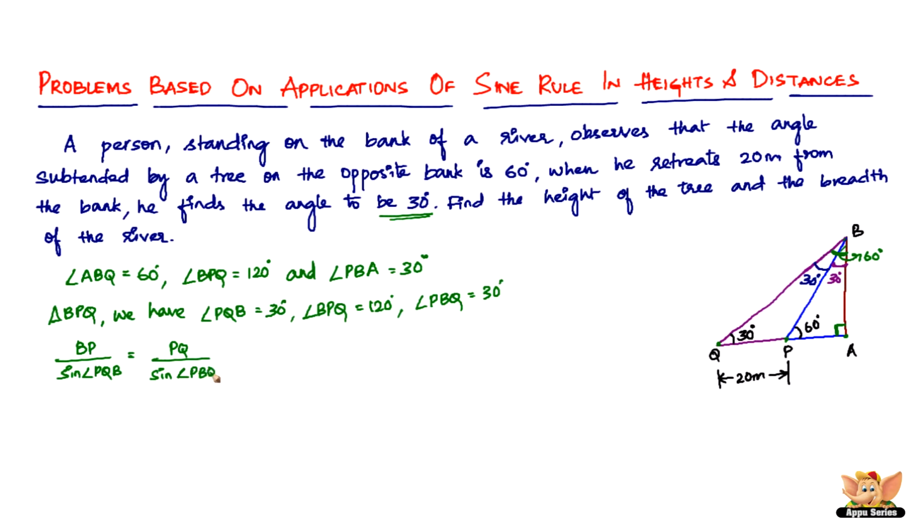so here we have it. We have BP. We definitely need BP, right? So BP divided by the sine of the angle opposite to it, which is PQB. And PQ divided by the sine of the angle opposite to that, which is QBP or PBQ. All right, now let us apply the sine rule to the triangle PAB. What we have is